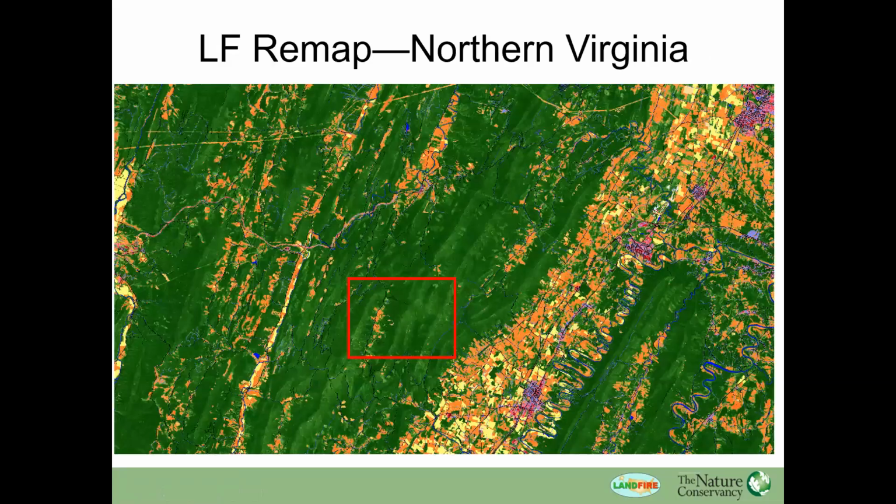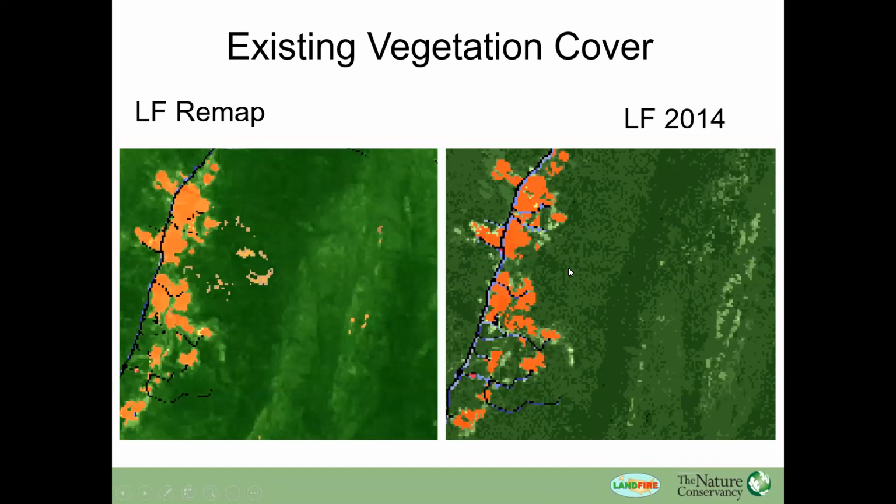So I just randomly picked an area. I know this area, so I went here. This is the northern end of the Shenandoah Valley, Massanutten Mountain, for any of you that might know this place, just to the west. Over here, clearly in Ridge and Valley Province. And so I'm going to zoom in on this so that you can see the difference in the products. And I picked this area because it's identifiable to show you that it's the same area. So on the left is the 1% cover bins. On the right are the 10% cover bins. You can see there's a lot more information here in Remap than there is in 2014. Doesn't mean 2014 is wrong, it's just this data is richer.